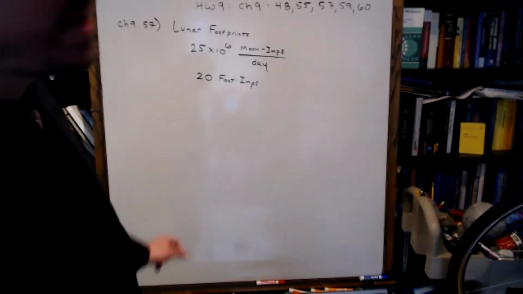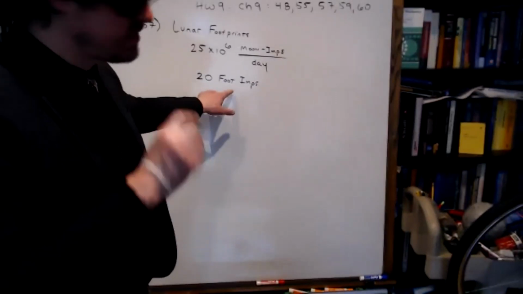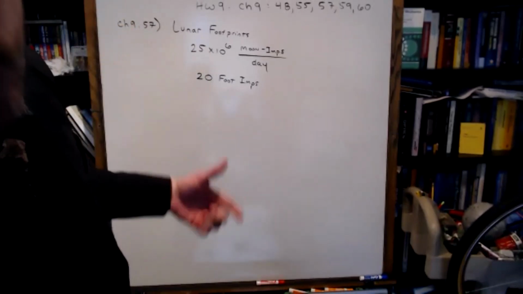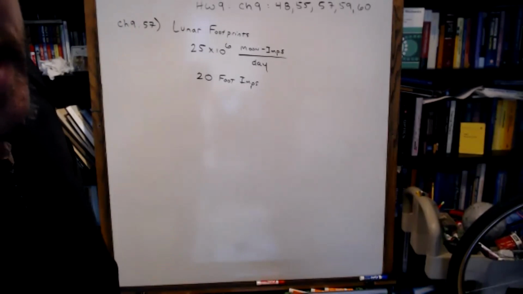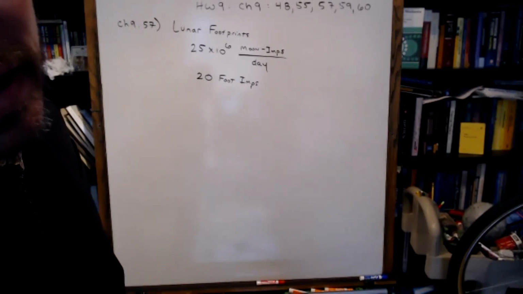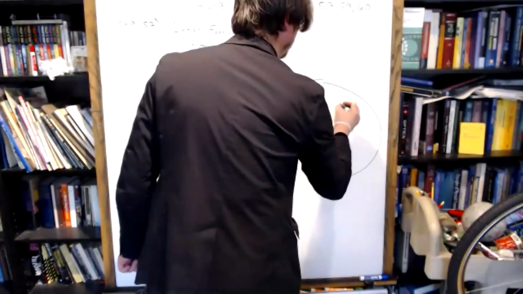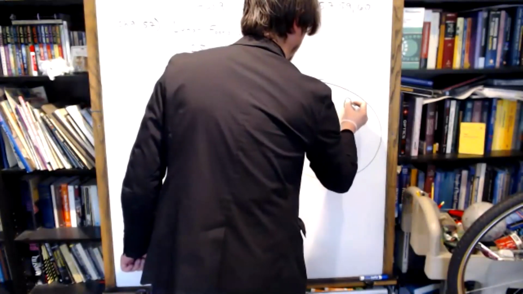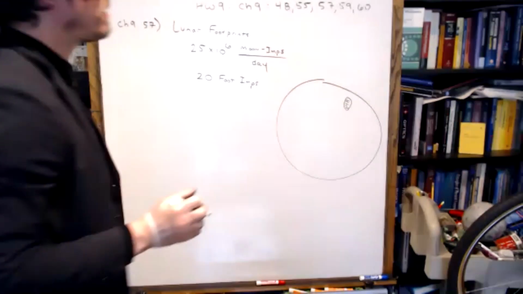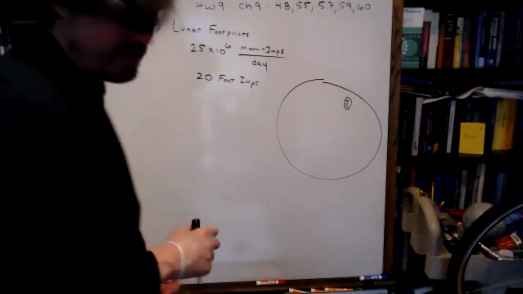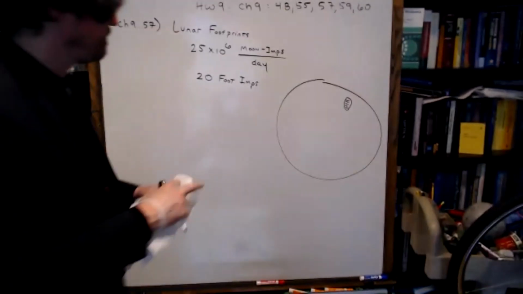Okay. The moon is impacted by 25 million micrometeorite impacts per day, which I am cheekily calling moon imps per day. A footprint will be destroyed if, now the only thing that can destroy Neil Armstrong's footprint is more micrometeorite bombardment. And 20 of those little impacts on the foot, or foot imps, will destroy your footprint. Our picture is of a big disc, and there's kind of a little footprint on it. And we're trying to figure out how many of those impacts that strike the moon are going to be hitting Neil Armstrong's foot.